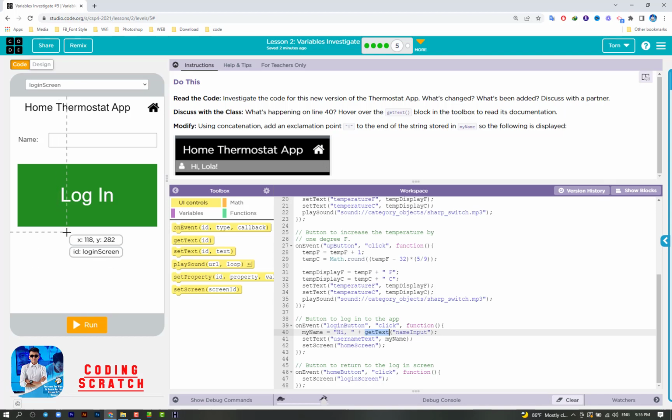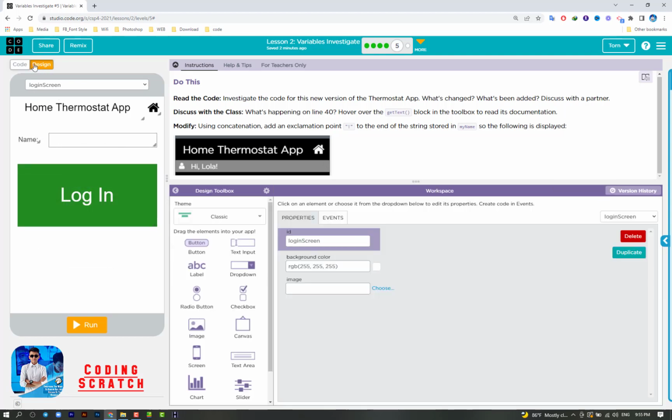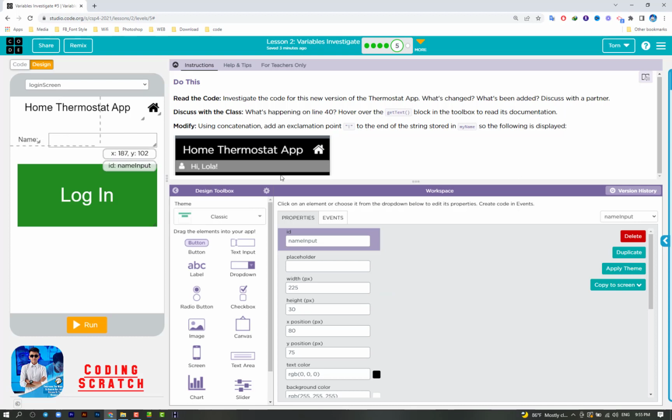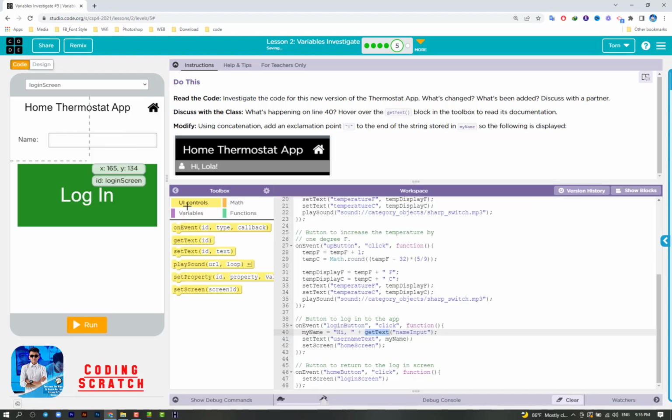So let me explain. For this design, we switch to design mode, and this tag input is called name input, or its ID is name input. So you go to code and go to the login button here at line 39. When the login button was clicked,